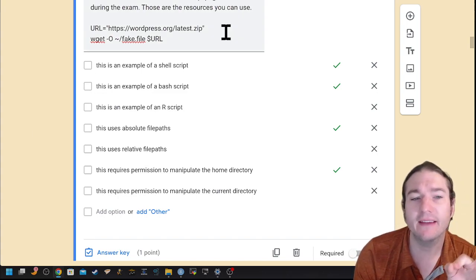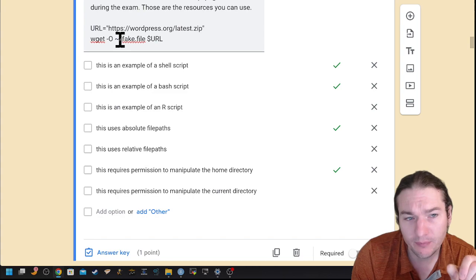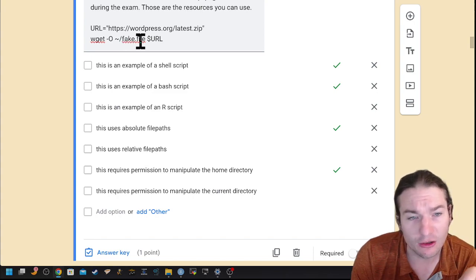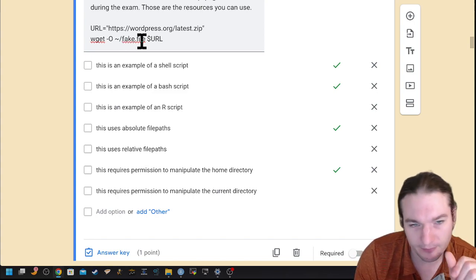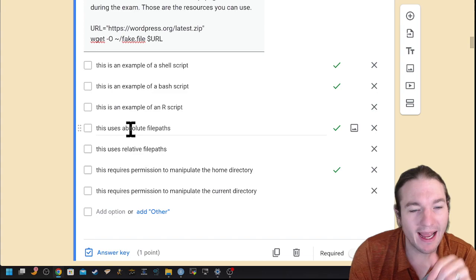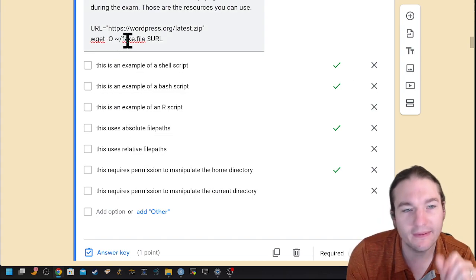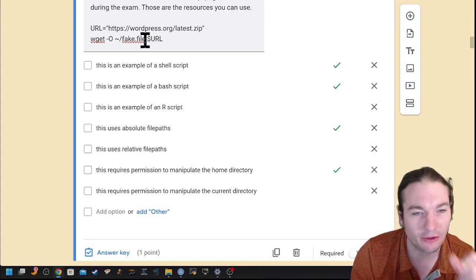Now, this example uses a tilde, which stands for the home directory, in order to tell the computer where to make this file that I've called fake file. That is an example of an absolute file path, a specific position within the directory system.